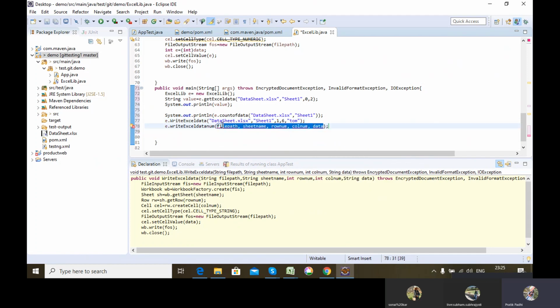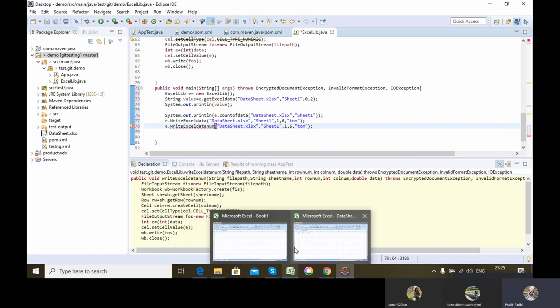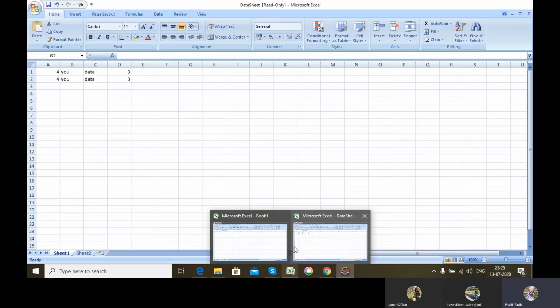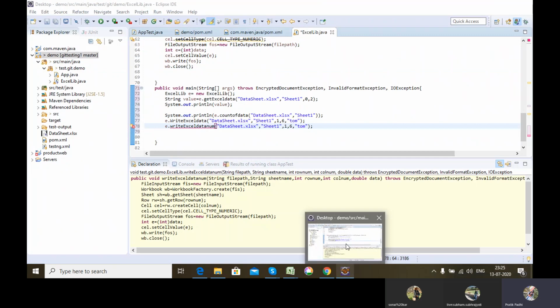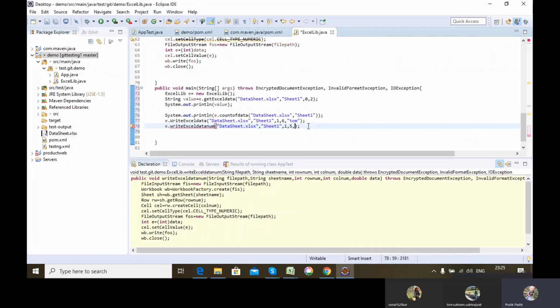It will be numeric data. I can store here, let's say, for example, 6.3.